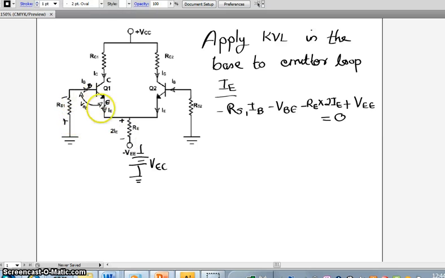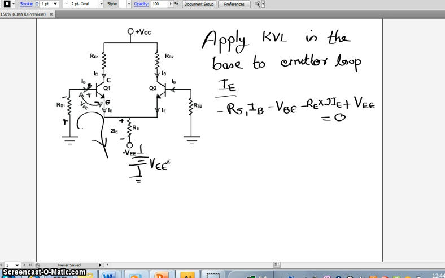The current is assumed to be flowing in this direction. So plus to minus, this is the direction. This is the base, it is an NPN transistor, this is positive, this is negative. Again this is plus and this will be minus. Then coming here, the current is in the downward direction, so plus to minus. This is minus VEE. When I draw the battery symbol, the minus will come here and the plus will be grounded. So it is minus VEE.